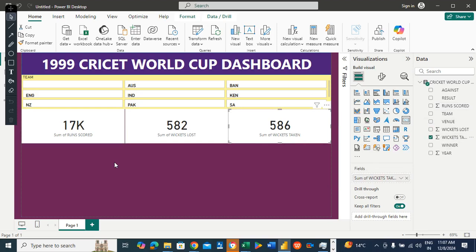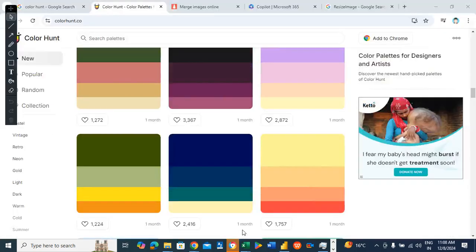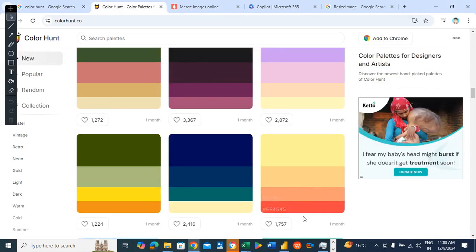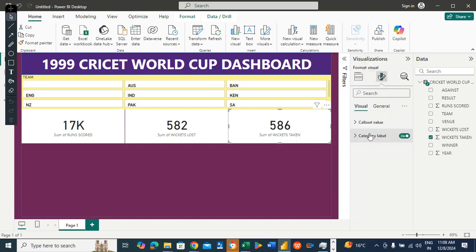Okay, so you can see that these cards have been completed, and now let's do the formatting. Let's see which color will be appropriate. I'll select this. I don't know which color is this. Is it light red or I don't know. Format to visual, go to general, click on effects, click on background color,